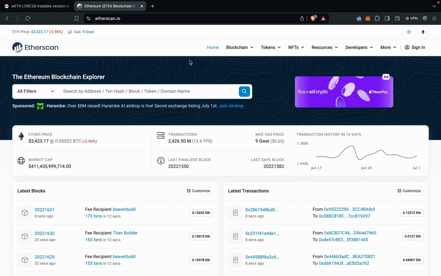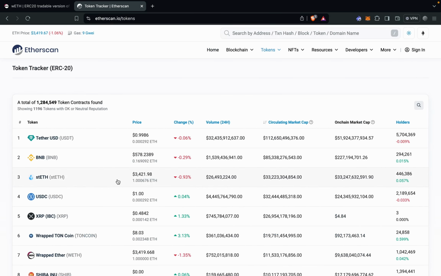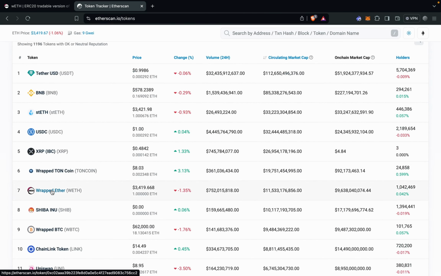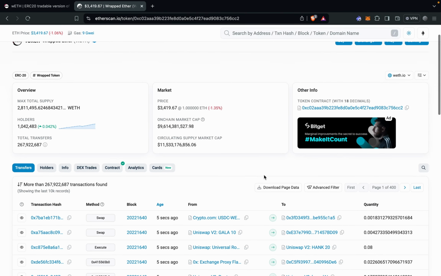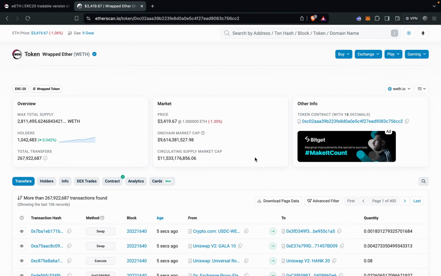So we'll go back to Etherscan again. Here we have a tab called tokens where you can see top ERC20 tokens and token transfers. We'll go to top tokens and we'll find wrapped ETH here. It is the seventh top token, so that is a good thing. When we go to the profile of this contract, you'll see the various details associated with it, like current circulating supply, the price, the maximum total supply, the number of holders. Do take time and explore this profile a bit to see what's going on. Once you're done with that,